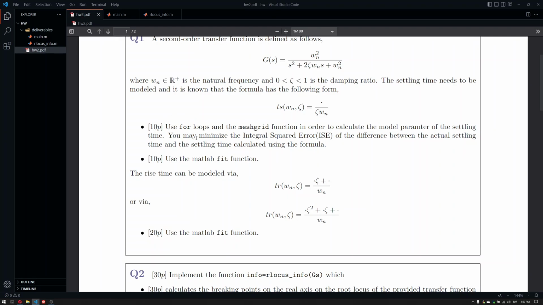And the strategy is the following: you will use the meshgrid for your domain, and the domain is given by omega n and zeta. So zeta is basically between 0 and 1. We know that. Pick an interval for omega n, large enough to have the right model, but small enough to be able to compute it on your computer. So pick that omega n vector, pick a zeta vector, use the meshgrid to generate basically matrices of these,